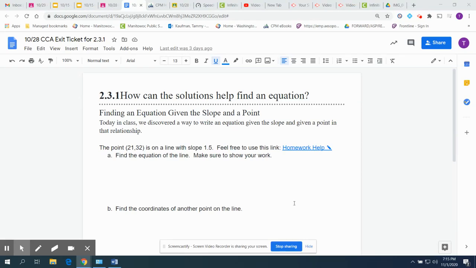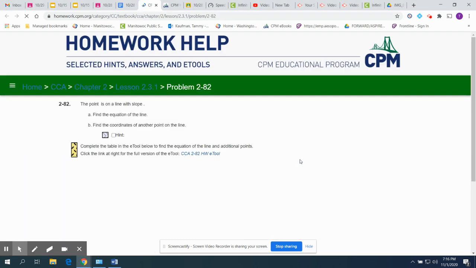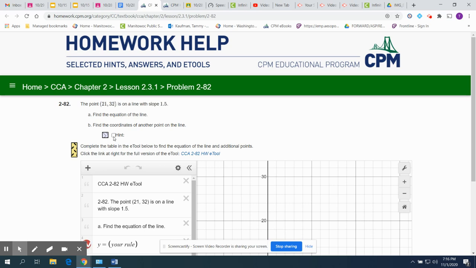Okay, in class, we worked on finding the equation of a line given a point and slope. One way that you can do this: notice it gives us that the point (21, 32) is on a line with slope 1.5, and I did give you the homework link. If you go into the homework link, it gives you the hint that you can use